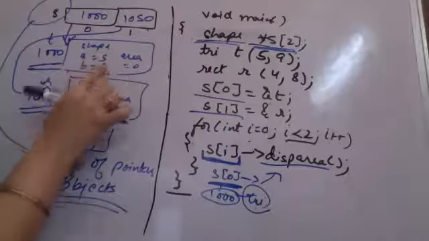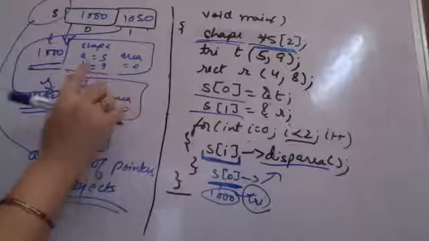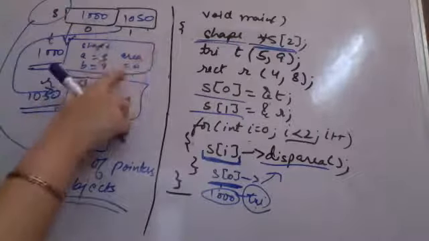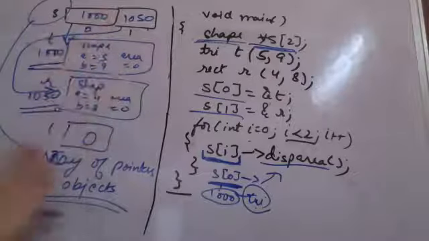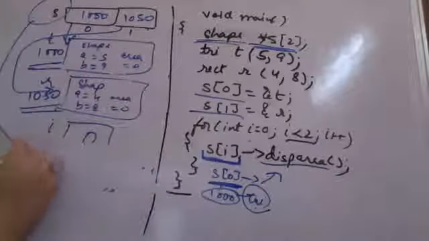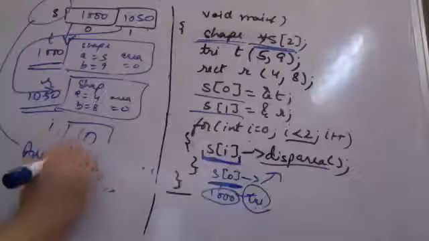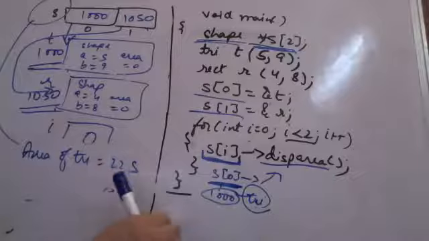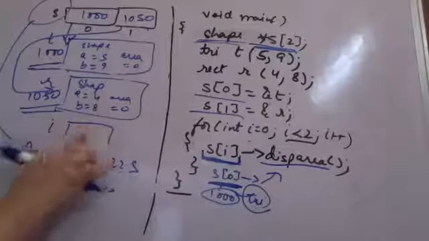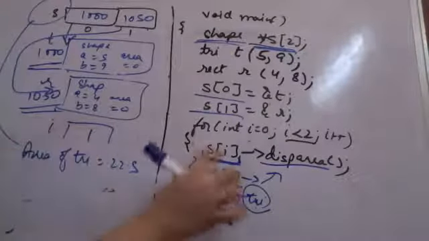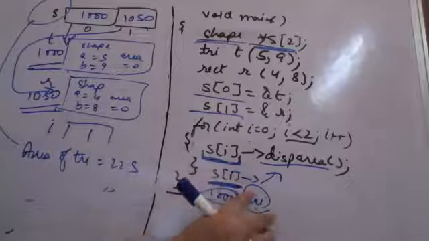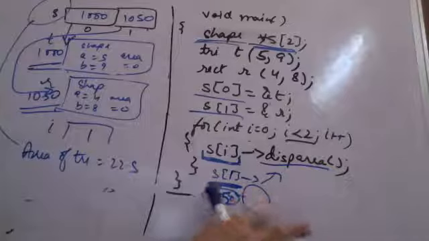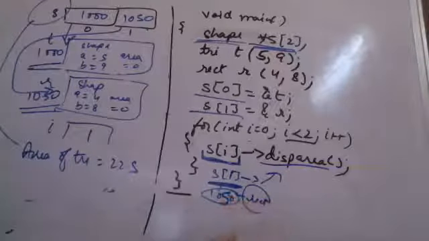और 9 ही है, ये याद रखना, ये बेस क्लास में ही है। Now it goes to the display area of the derived class and in that it prints, area of triangle is equal to 22.5. You again run the loop, I becomes 1. Next time S of I is S of 1 and this time S of 1 is having 1050 and it is pointing to an object of class rectangle.